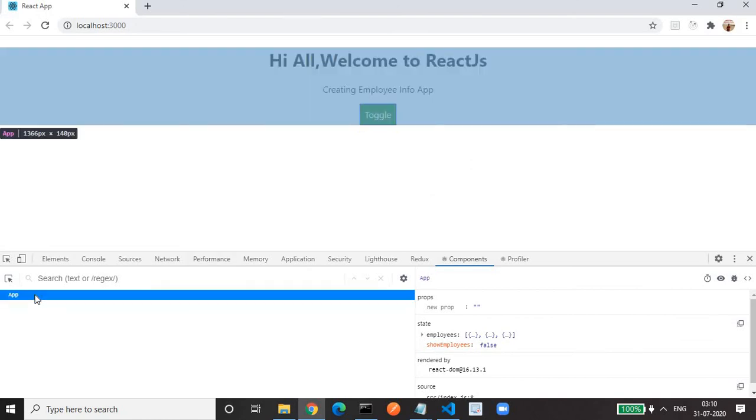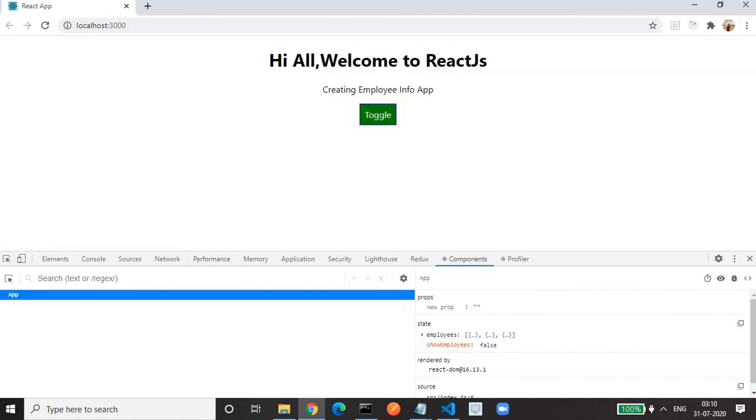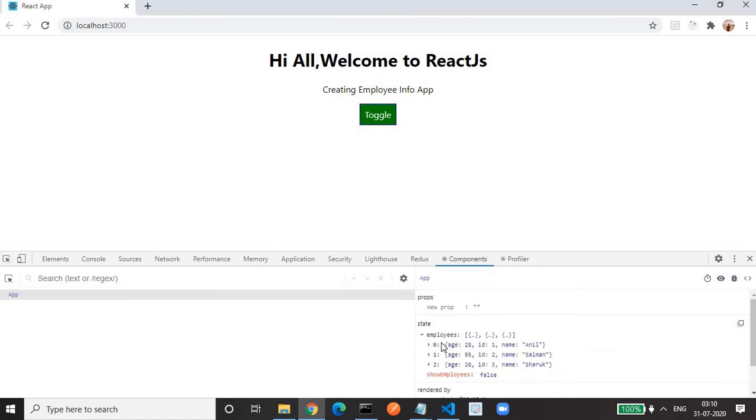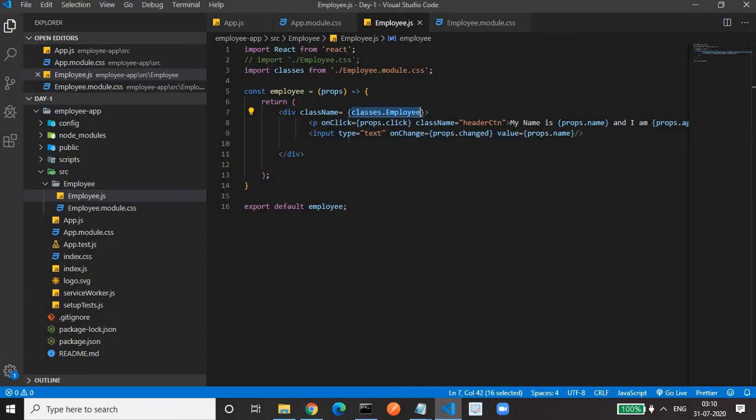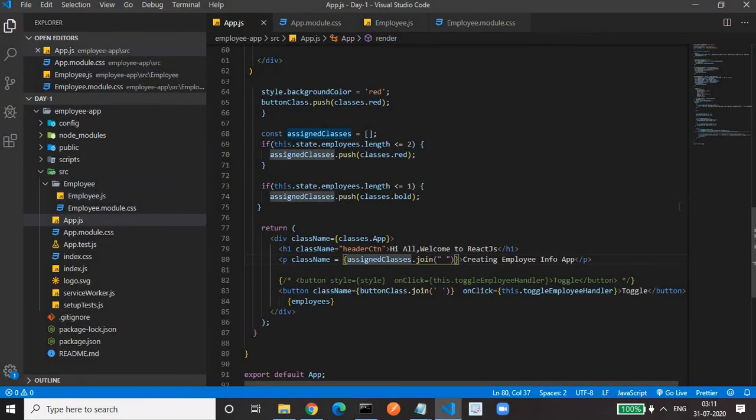So if we select this, we will find the state of that component. We will find the information about the props. For the app component, we don't have any props. We have an employee state defined in which we have 3 employee details. We have the show employee state which is initially false. So these are all the states that we have defined in our code, right?